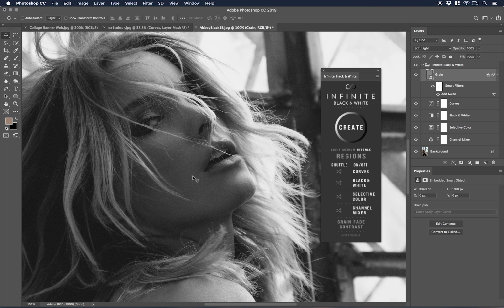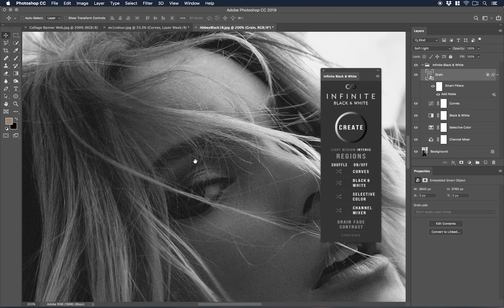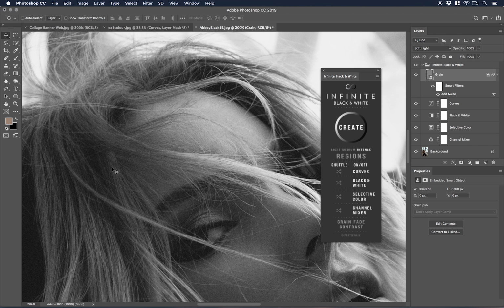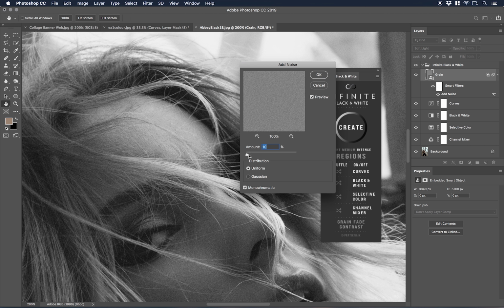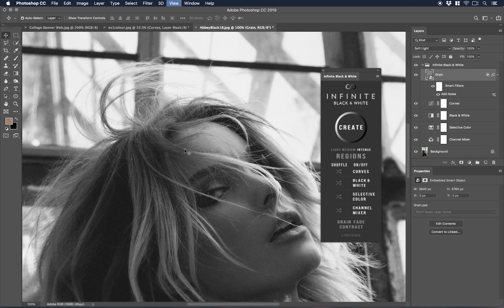As I mentioned before, grain typically changes on film images in a way that is specifically different in your shadows and highlights. For example, shadow grain is always much more intense than the grain in the midtones or the highlights. And so what we've done here is we've coded this in a way where the grain itself feathers off in the midtones and in the highlights, so it's less intense. The other thing that's great about this is, in case you want more grain, you simply click on Add Noise here and adjust the grain amount